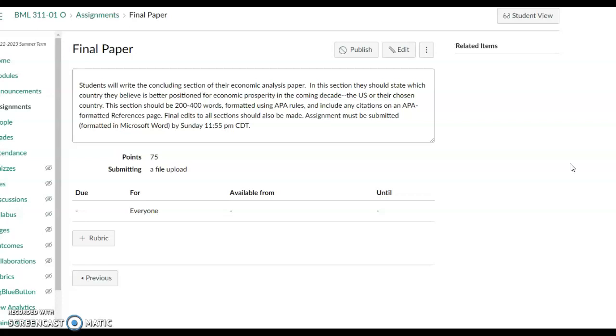Think about all the various sections that you wrote on: monetary and fiscal policy, GDP, the factors of production, and the primary industries within the country when it comes to employment. In the final section, you're going to take an economist's point of view again, and write and just kind of forecast.